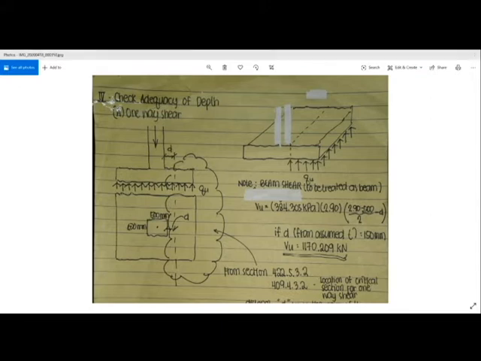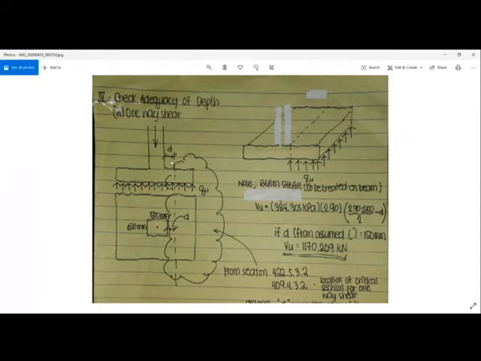And then letter C, no concentrated load occurs between the face of the support and the critical section. So wala naman tayong any load, except for the distributed load. So we can say that this is your critical section. Pero